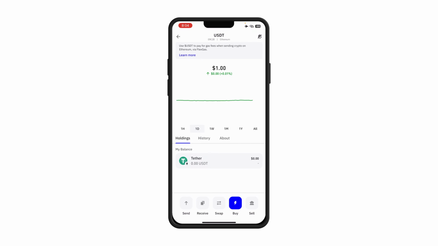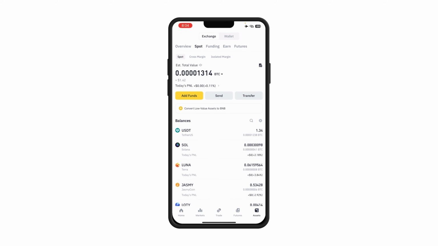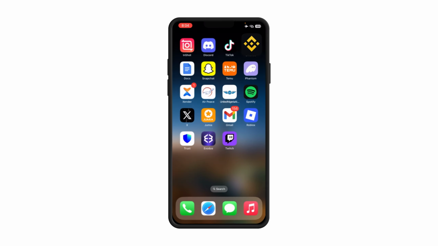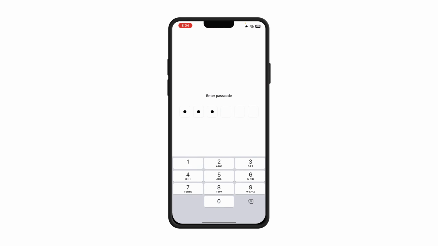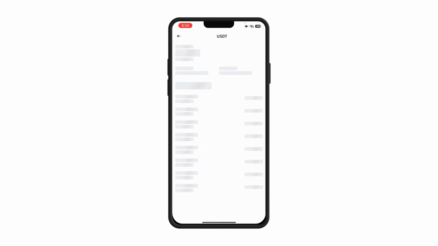Come on here, click on this. Click on receive, right? So we want to send USDT from our Binance to Trust Wallet. Now we have copied our Trust Wallet USDT Ethereum address, right? So copy it, then go to Binance, click on this,